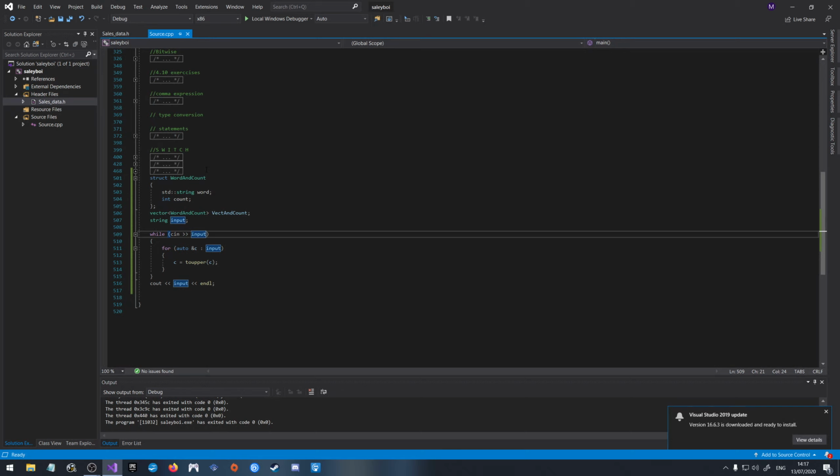I don't know why it's stopping at the space. I have an idea why, but